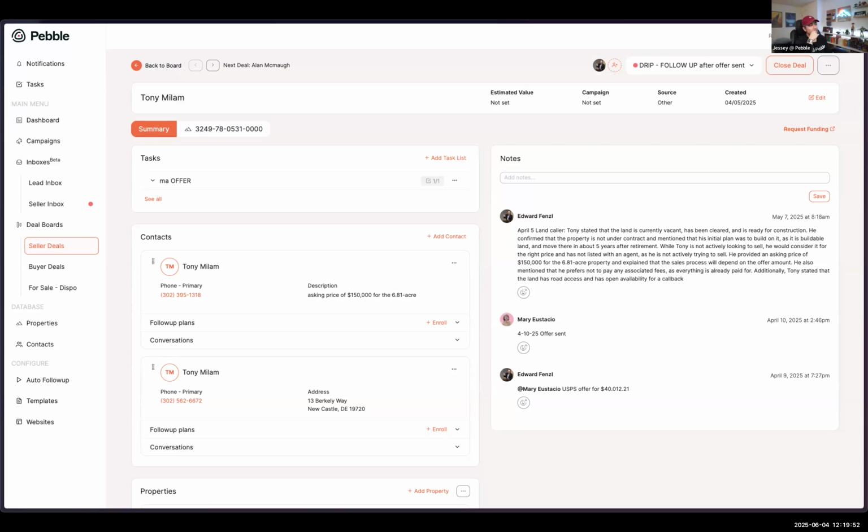And just to let you know, we're working on a feature where as soon as a lead comes into the inbox, it'll automatically enroll them into a follow-up. So I won't talk about that now, but that is coming out shortly. Because we're talking about follow-ups here, Amber, easiest way to find a lead after they call. Amber, because you're new inside of Pebble,